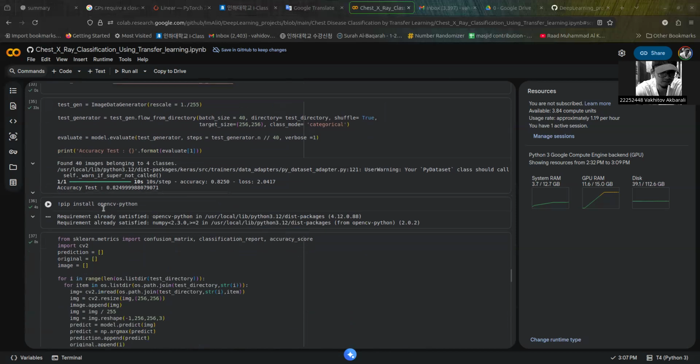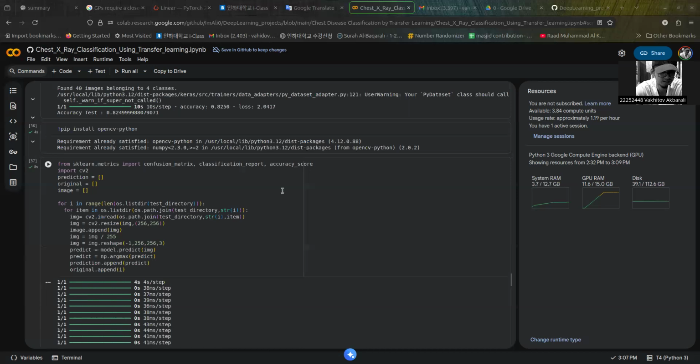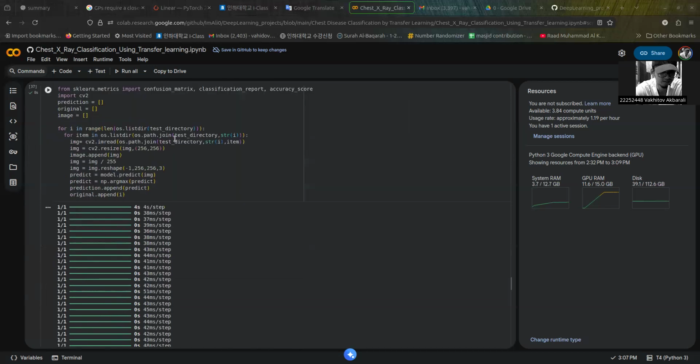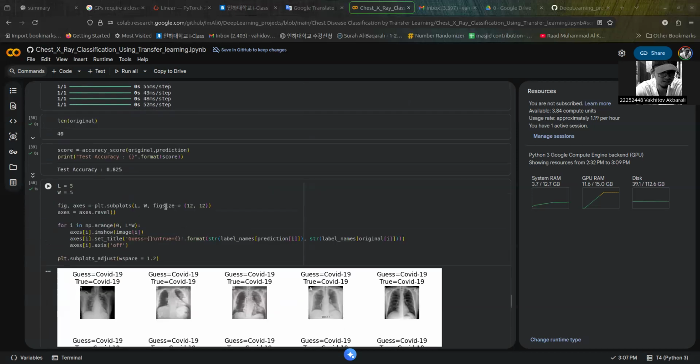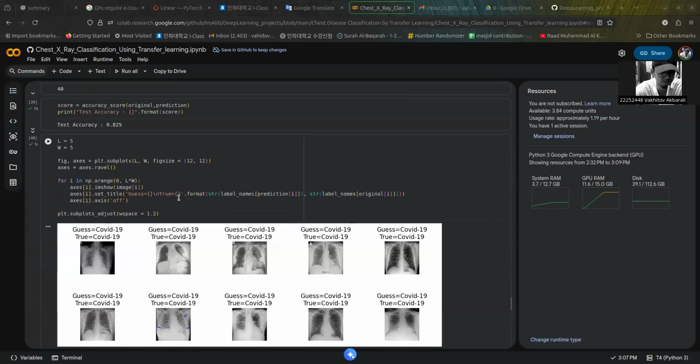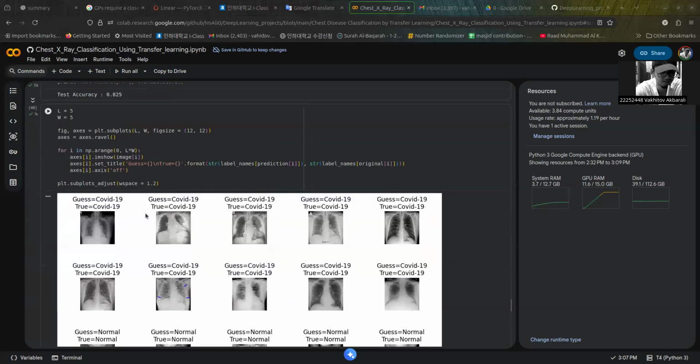So we install OpenCV, and then we go down and import some metrics such as the confusion matrix, classification report, etc. And we have here the following: the test accuracy is 82%. And here is the demonstration of the